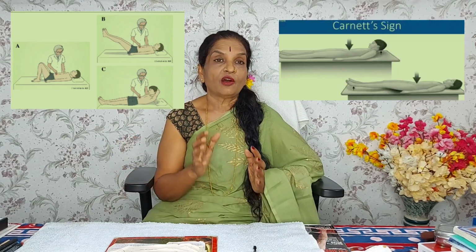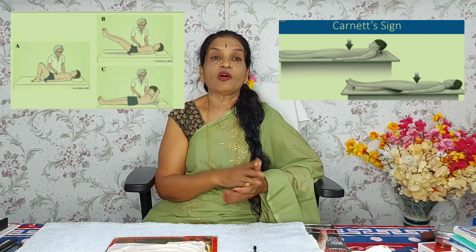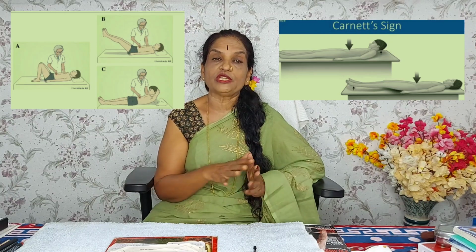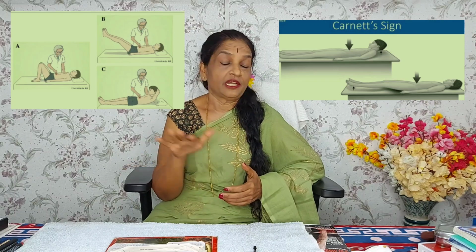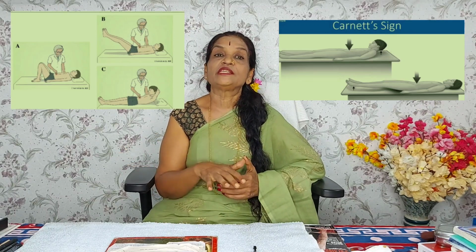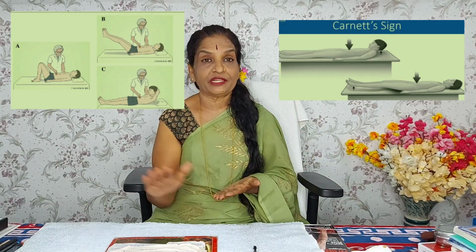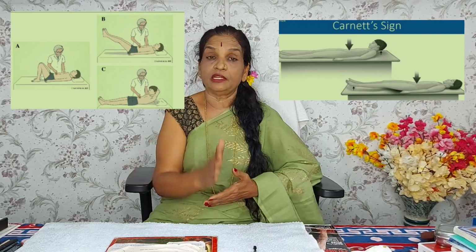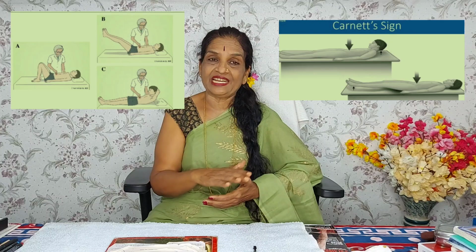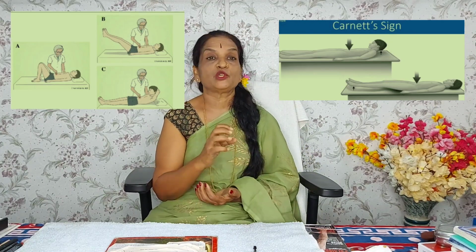When you do the leg raising test, if the lump is intra-abdominal, it will disappear or will not be visualized on inspection, which was visualized prior to this test. That means it is intra-abdominal. And if it is extra-abdominal, meaning in the parietal wall or in the muscle layer, when you raise the legs the lump will become prominent and very clearly visible.